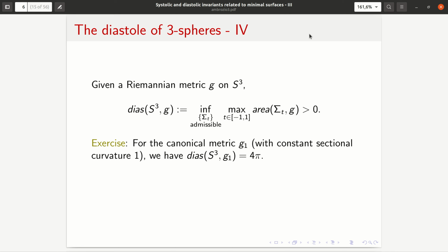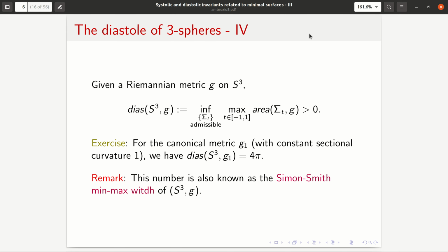Let's make another remark, which is that this number that I have just defined, the diastole of S3 with respect to the metric G, the most common name you will see for it is the Simon-Smith min-max width of S3 with respect to G. And this is because this number was defined by Simon-Smith